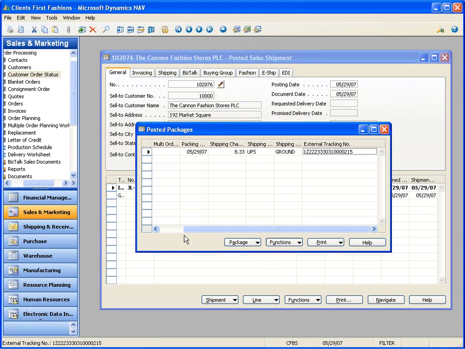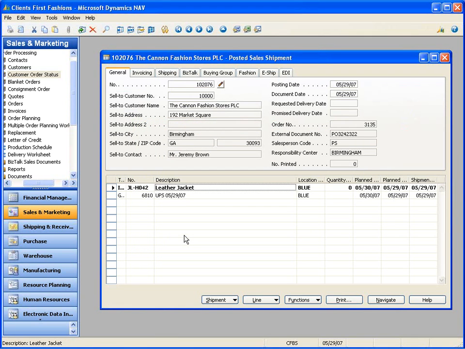So all of this functionality in one system. Microsoft Dynamics with the Pebblestone Fashion verticalization makes it an extremely powerful, customer service oriented